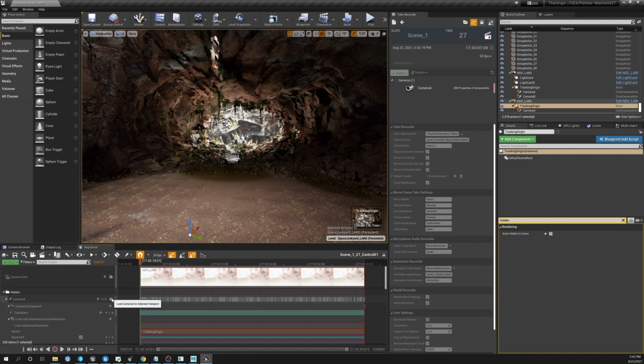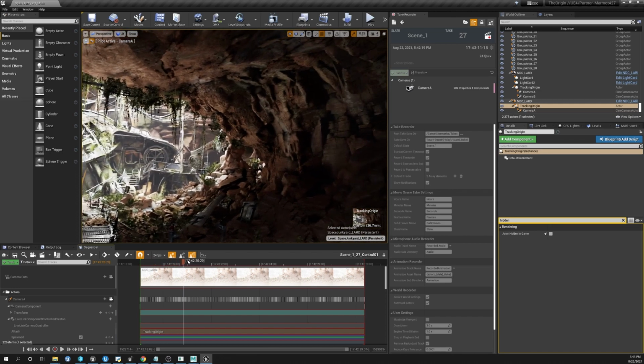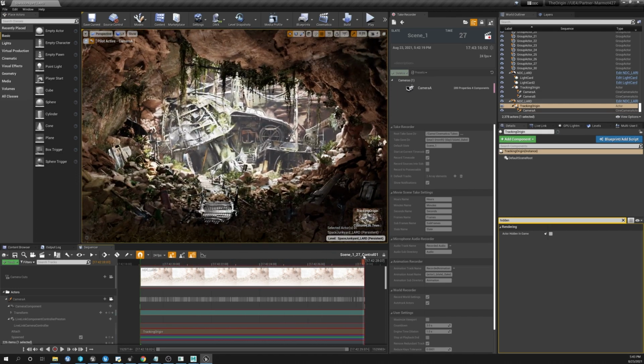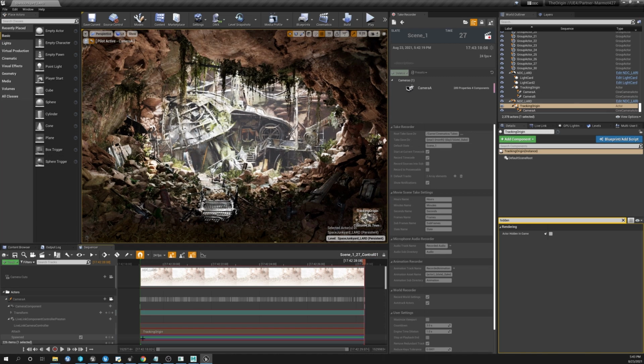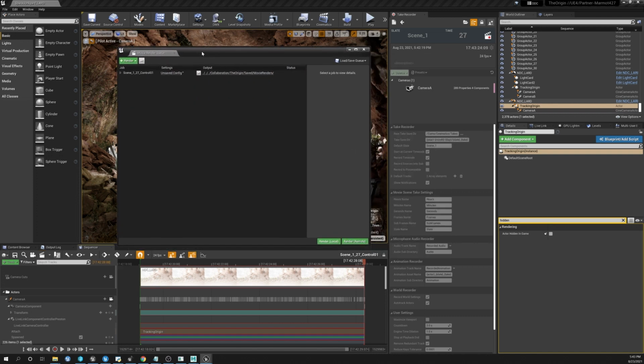And in order to finally look back at that camera, we can lock camera A to the viewport and play back the shot that we had. If you're looking to then render this take out, we can click the Render This Movie option to bring up Movie Render Queue and render it out just as you would any other sequence.